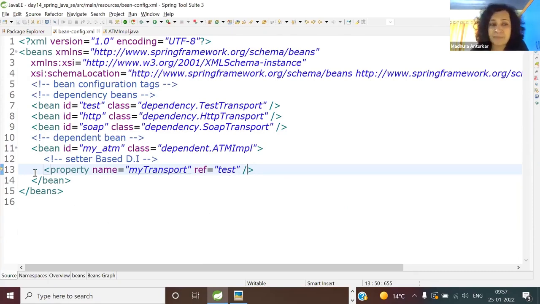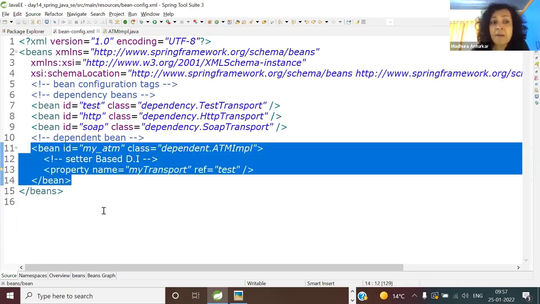Okay, so here is the question. When your Spring container processes this instruction, first it will check the scope. Give me a fast answer. What is the scope here? What is the default scope? Singleton. What is the default value of lazy-init, true or false? False. Lazy false means eager.